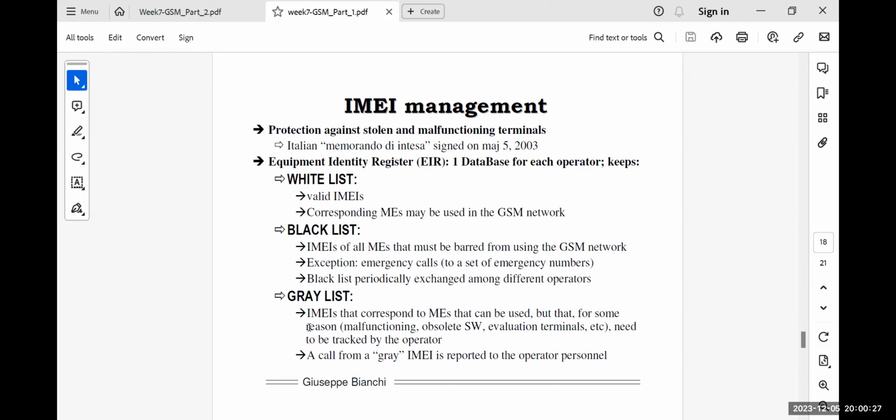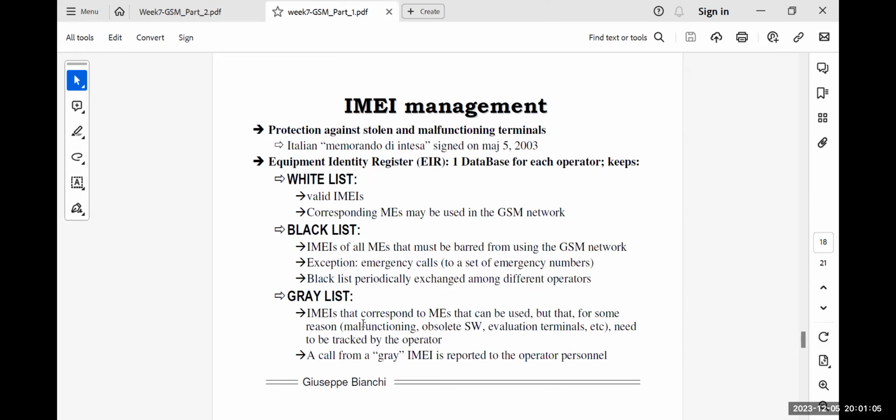And then we have a gray list, that is IMEIs that correspond to mobile equipments that can be used, but for some reason, malfunctioning, obsolete software, evaluating terminals, need to be tracked by the operator. So a call from a gray IMEI is reported to the operator personnel, right? So this is sort of a list that is not as free as the white list, but also not blacklisted as the blacklist is. So this is something in between whitelist and blacklist, where the operator usually keeps an eye on,